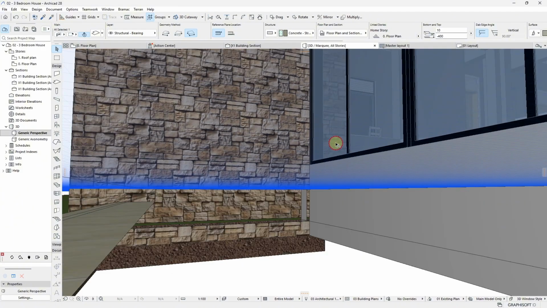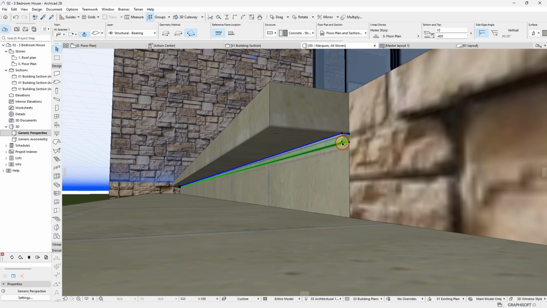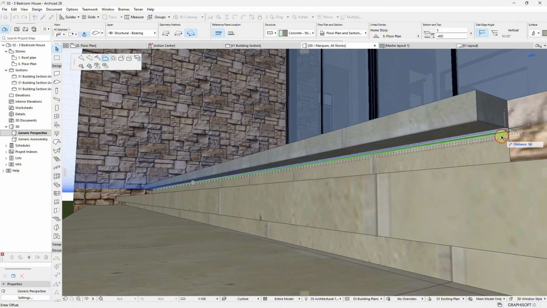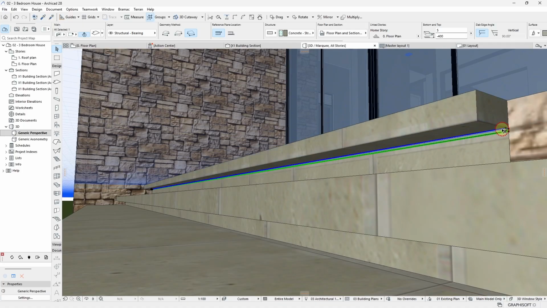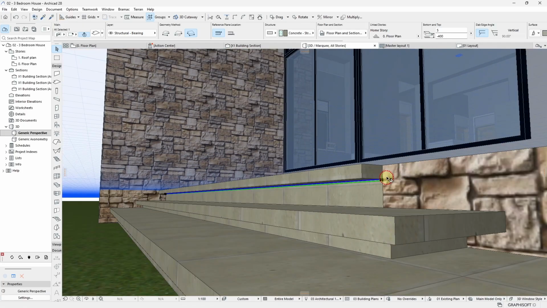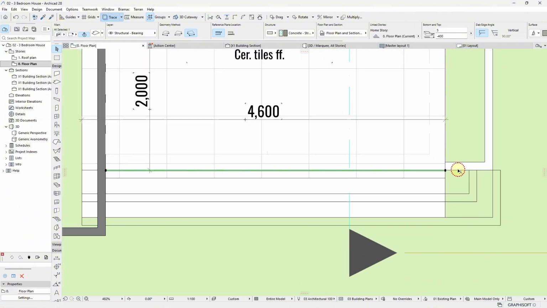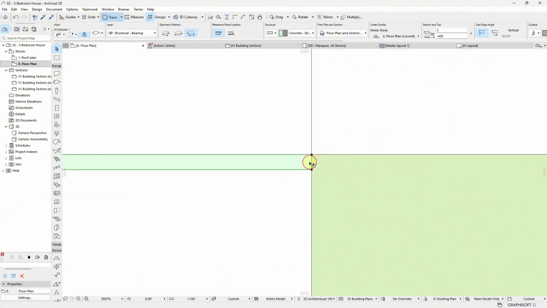So it becomes as small as this, and then you move it inwards a little bit, like up to here. Let me just see. Or you select it on the floor plan and you look at it properly, and you drag this point. You bring it inside a little bit here,